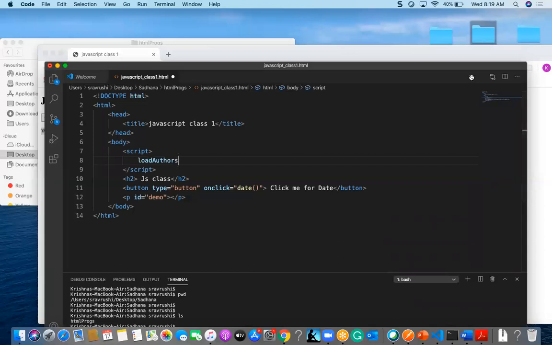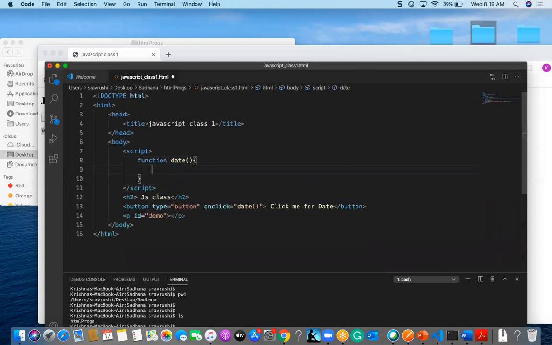In this script tag I am going to mention a function date, and give document dot getElementById demo, dot innerHTML, and here I am going to give the date.